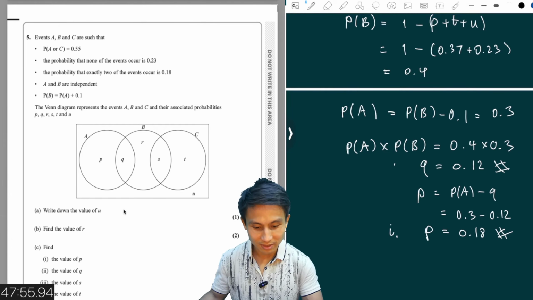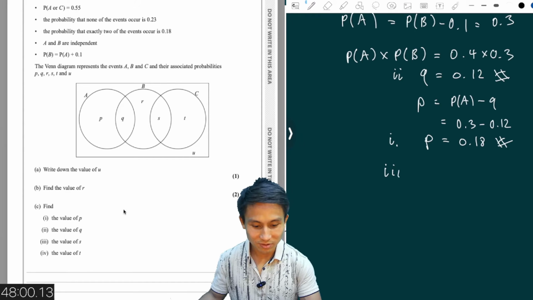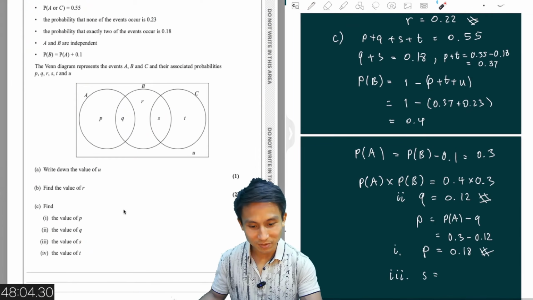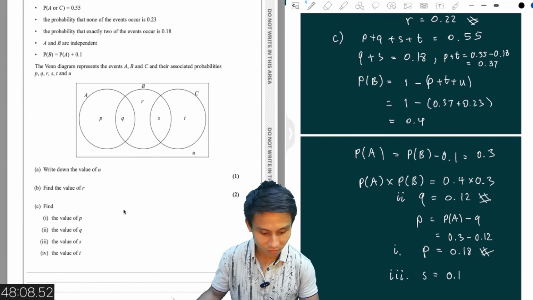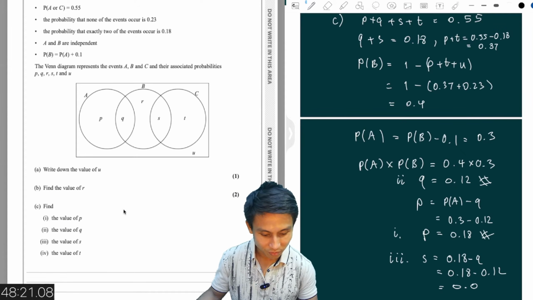So this is I, this is II. And then I got an S, right? So what is an S? An S is basically, because we already know Q, we can get an S from here. So S is 0.18 minus Q, which is 0. No, not 0. What was the Q? The Q was 0.12, sorry. 0.18 minus 0.12, that's 0.06,